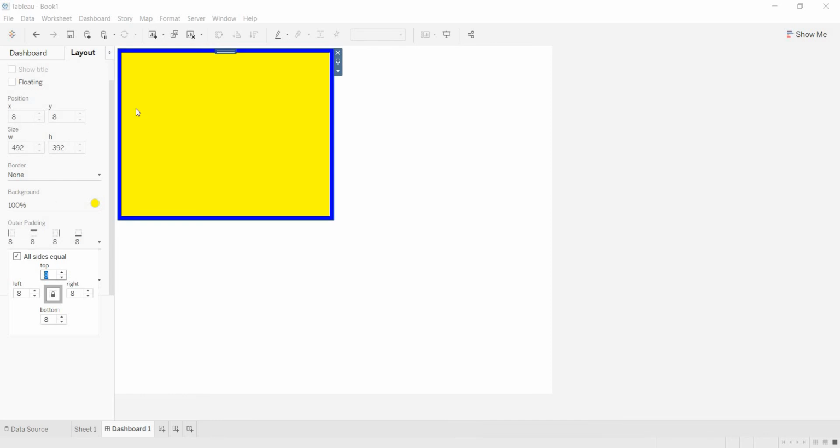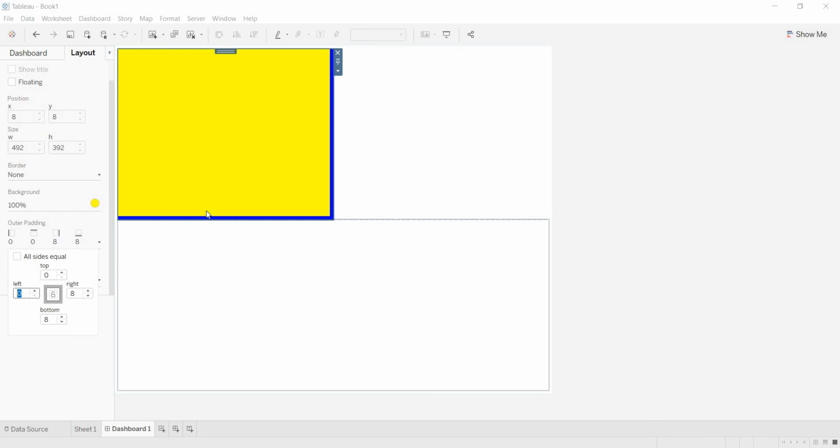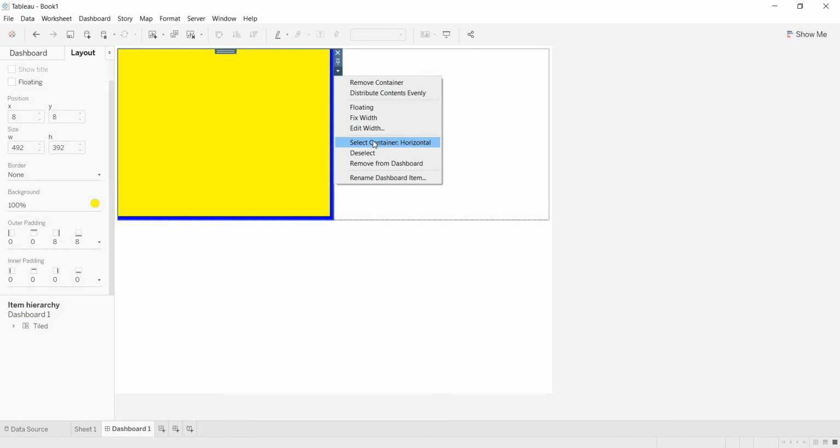Now when I am adding the outer padding, as this option is selected, the padding is added on all the sides of the container. Now I am unselecting this, so don't add on the top. Just keep it like that, so I am making it 0. So on top, we are not having the outer padding. Even on the left side I am taking 0 only. Just see, this yellow container has the padding on the right side and at the bottom. Now I am selecting that other horizontal container.